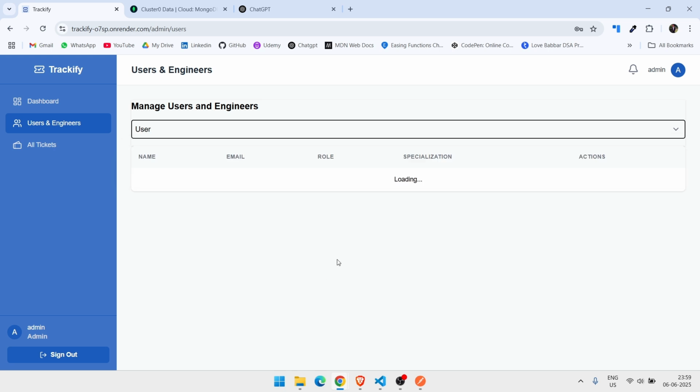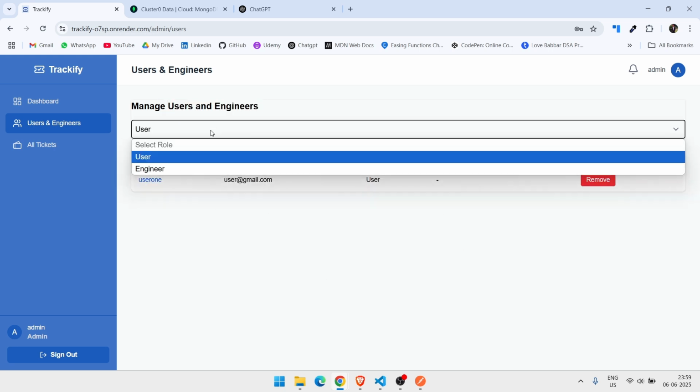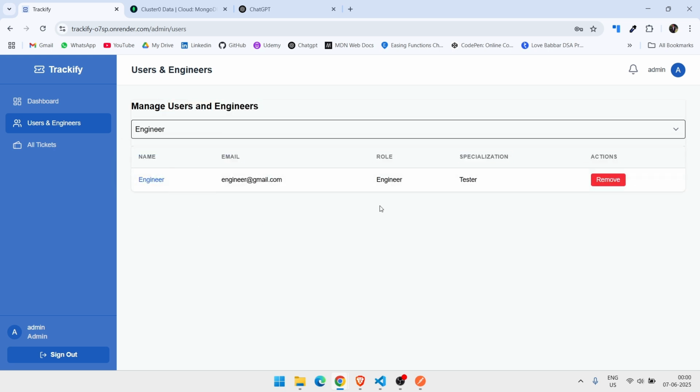So you will set user here, it will fetch the users, and if you set here, it will fetch all the engineers. So for this purpose we are using get user individually, not all the users but engineers, and